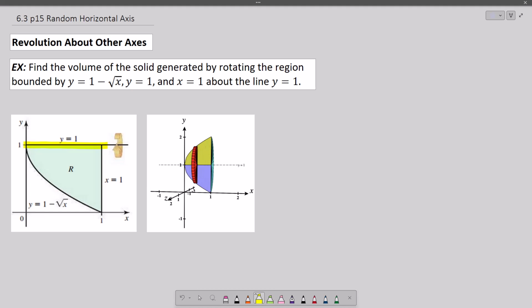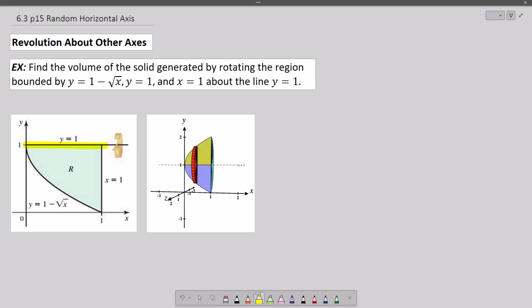Vertical distance, upper minus lower. Horizontal distance, right minus left. That's really all we need to remember. So this region rotates around. It's going to create this nose cone looking thing. Because the region rotating around is touching the axis it's rotating about, there's no gaps. So our cross sections are